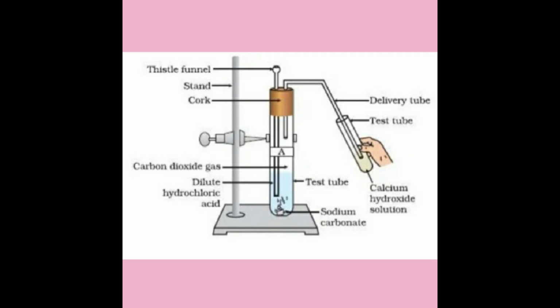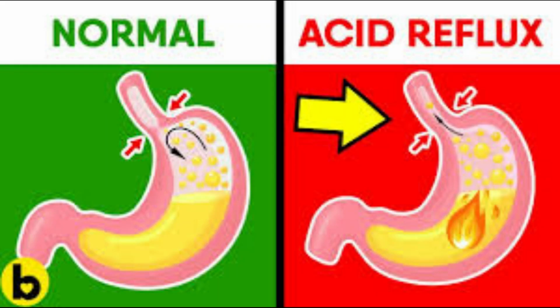Pass the gas obtained through lime water, that is Ca(OH)2. Then you can see the lime water turns milky. You can test it in another way also. Instead of passing it into lime water, you can bring a burning splinter, and it does not glow. This says that carbon dioxide does not support fire. This is how you can identify that the gas obtained from this activity is carbon dioxide.